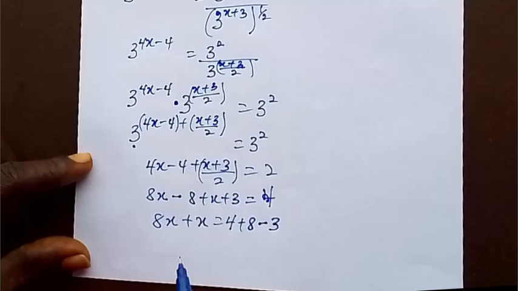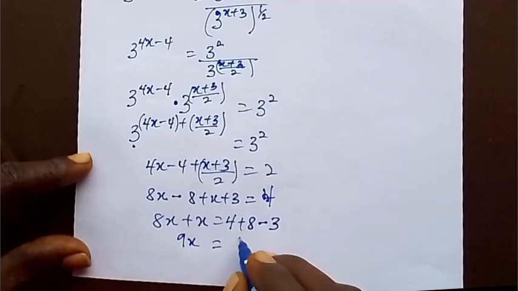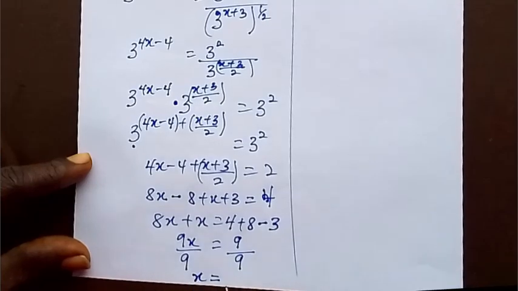This is giving us 9x is equal to 4 plus 8 is 12, minus 3. That will give us 9. Divide here by 9, here by 9. So our final answer, x is equal to